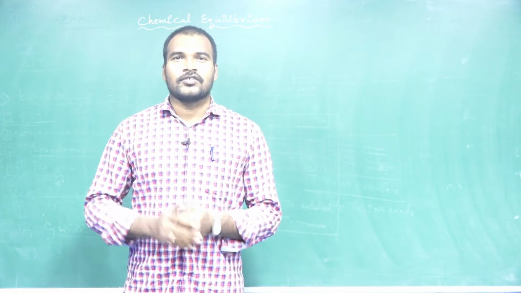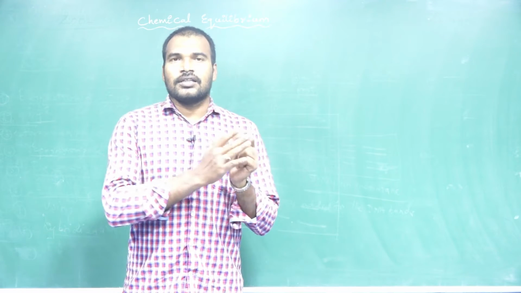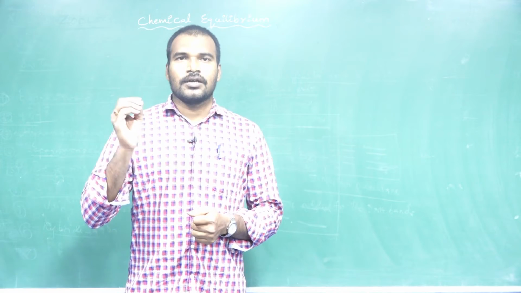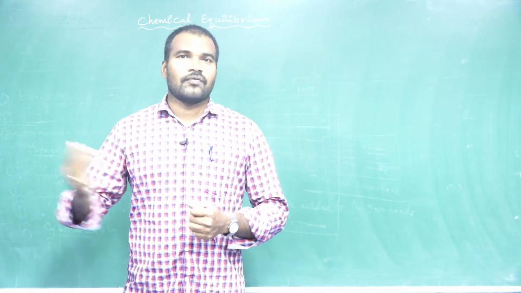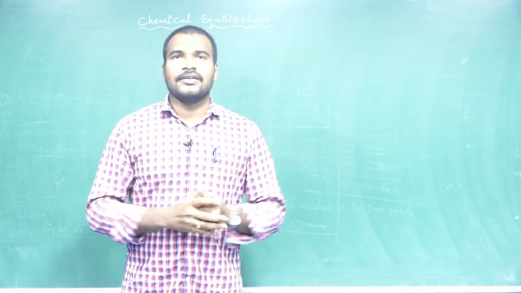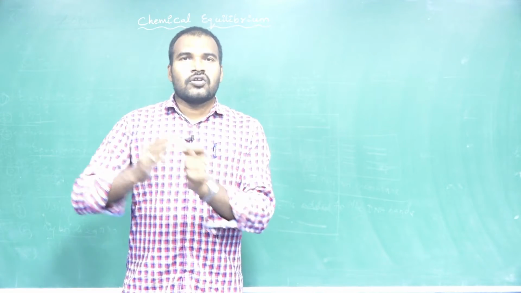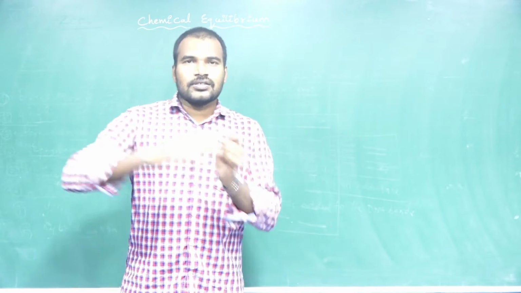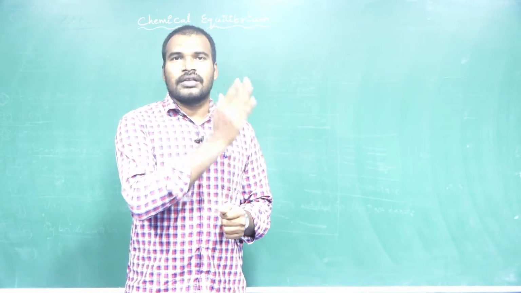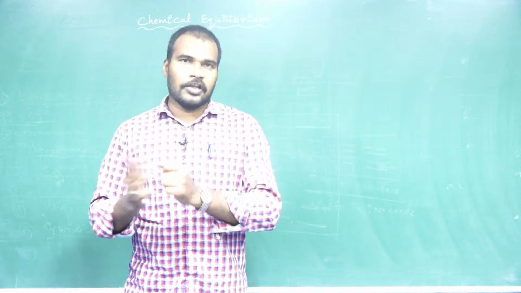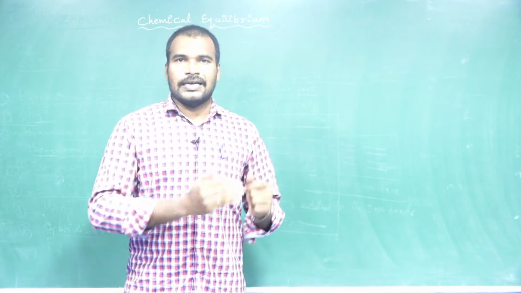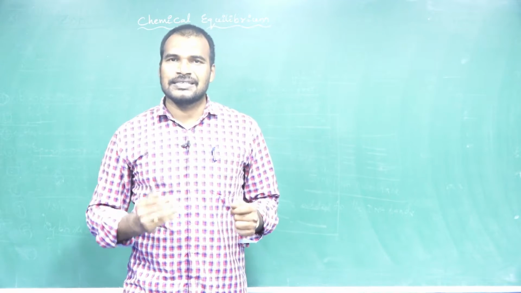So in the last class we discussed the applications of equilibrium constant. In those applications, first detection of extent of the reaction, the second detection of direction of the reaction, and the third calculation of equilibrium concentrations of reactants or products. In that third application we discussed the HI formation from hydrogen and iodine: H2 plus I2 gives rise to 2HI. For that equation, we derived the equation for Kc as well as Kp.